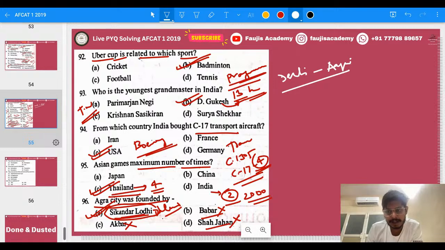yes, all C variants are from USA. Devanathan is saying Japan. Okay, maximum number of times. No, that's not Japan. Okay, right. And then again from Delhi to Agra it was shifted, and again from Agra to Delhi it was shifted. Okay, right. Under which particular ruler's reign, that you have to find out. Okay,